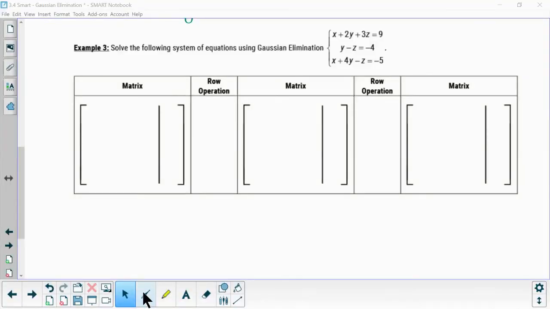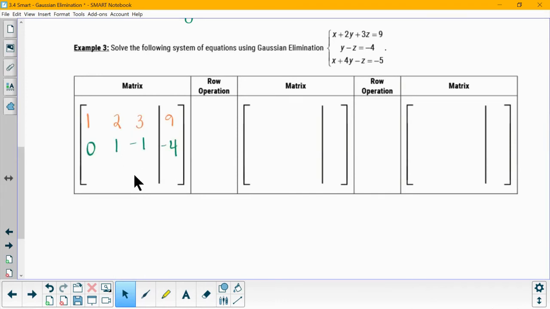For example 3, I'm going to first write my matrix. My first row should be 1, 2, 3, 9. Then I get 0, 1, -1, -4. And I have 1, 4, -1, -5. So again, our goal is the 3 zeros in the bottom left-hand corner. I already have 1. The next one that I have is a 1 in this first column, but I notice